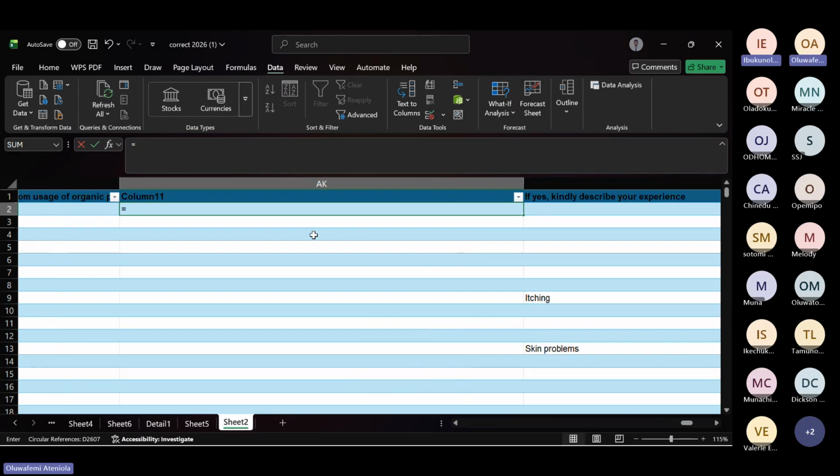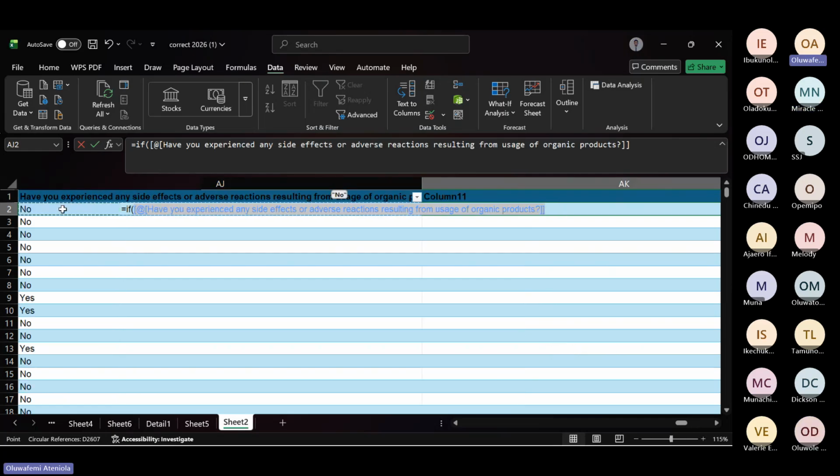It's equal to IF, and then we open a parenthesis. You can see the first thing here is the logical test. And the test is going to be if whatever is inside this cell, I pass a comma, if whatever is inside this cell is equal to, in quotation, no,